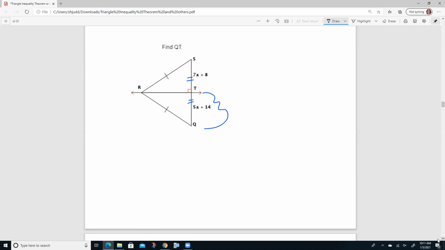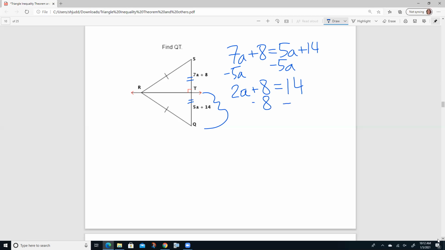So if we know two things are congruent, we know that they're the same, so we can set them equal to each other. 7a plus 8 equals 5a plus 14. Let's go ahead and minus 5a from each side. Minus 8 from each side. We get 2a equals 6. Divide by 2. And a is equal to,